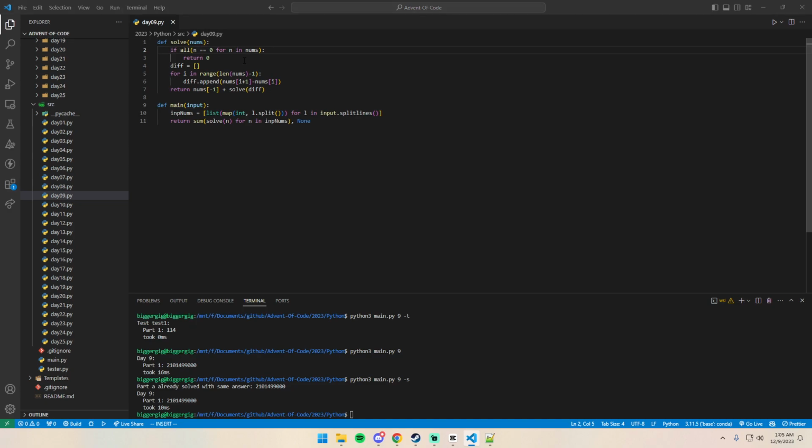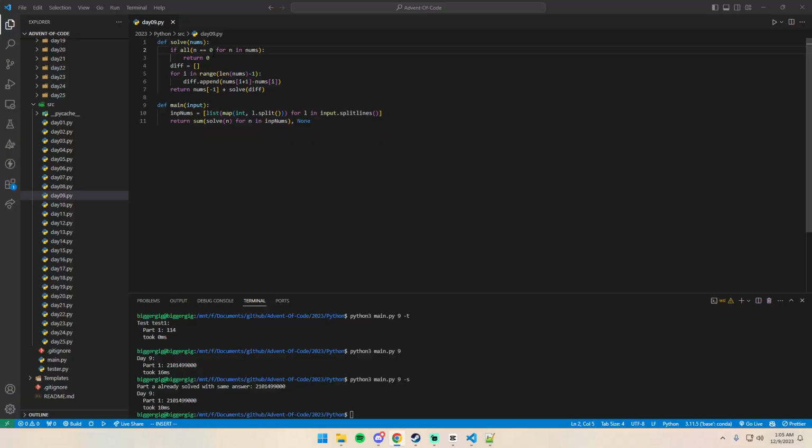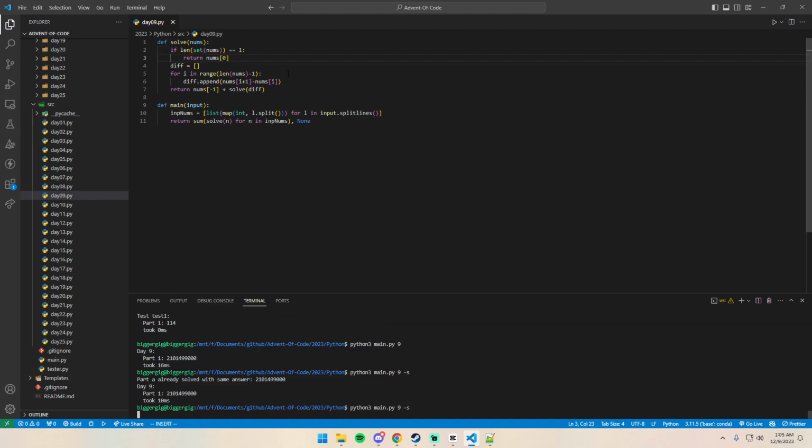But one thing you can do to speed this up is, if you look, when you get to a row of all zeros, the row before it is basically going to be a list of all the exact same number, and the new number is going to be that same number. So let's save one level of recursion by doing this instead. If the length of the set of nums, which gets rid of duplicates, ends up with only one element in it, then let's just return that element. So now if I run this, you can see,